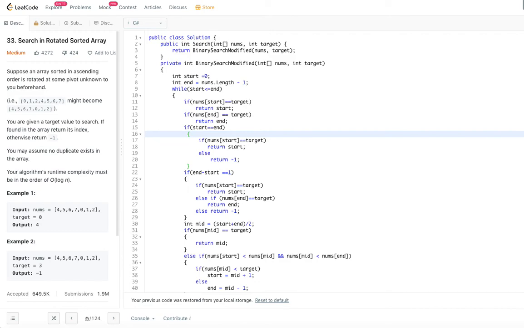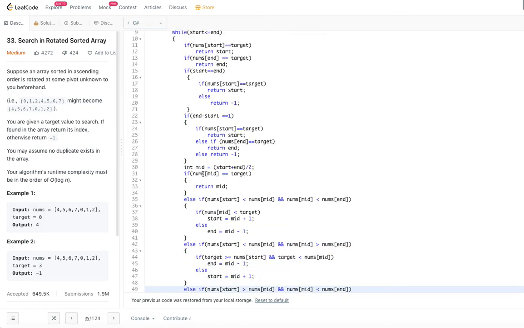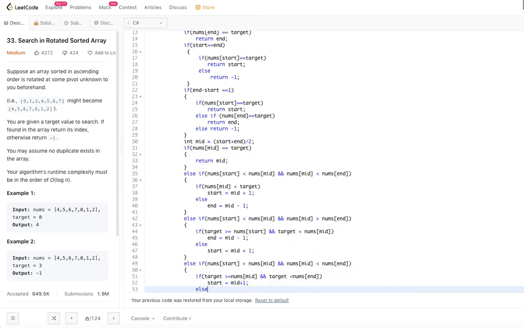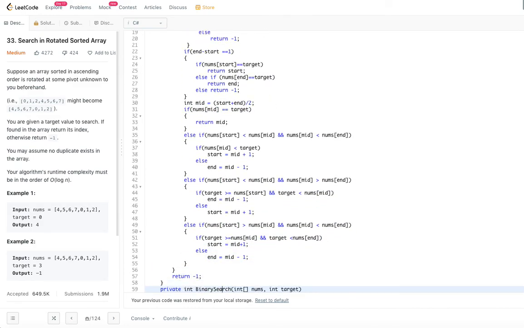So the time complexity for this algorithm is log n, right? Still log n, because we are still working with start, end and mid. At any given time, we are splitting the list into half.